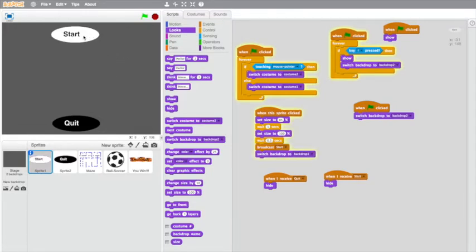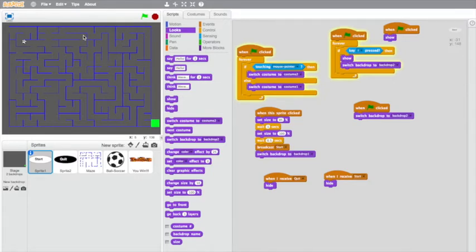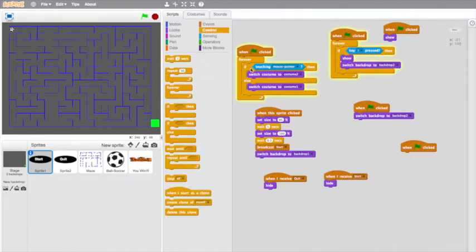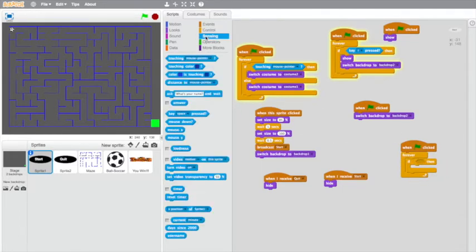So if we press start, now we've got to fix the part where we can go through everything. Space button works where it resets you. So now we're going to do this. So when the flag is clicked, so always when the flag is clicked, this is basically the starting point of the game, just to activate everything. So when that is clicked, it's gonna make sure that forever, in any case, it's always checking if sensing